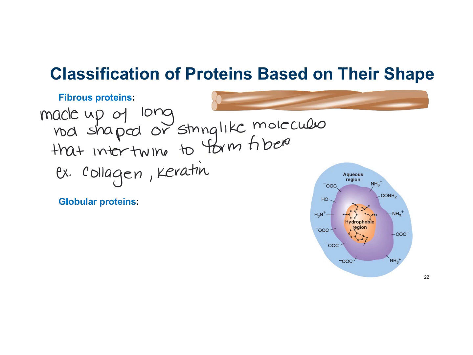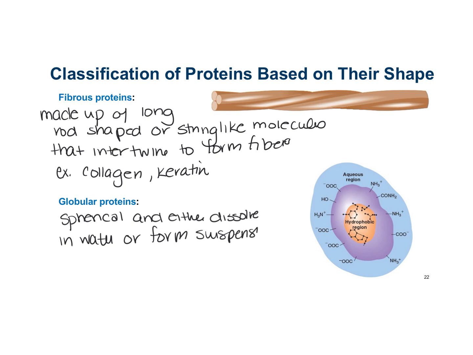Okay. Then you can have globular proteins. These are more spherical and either dissolve in water or form stable suspensions in water. And they aren't typically found in structural tissue, but are transport proteins. So globular proteins are your transport proteins,